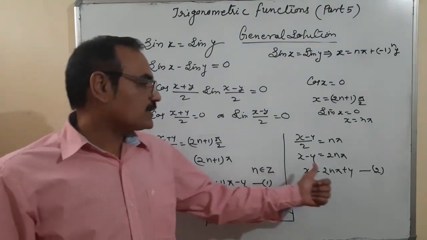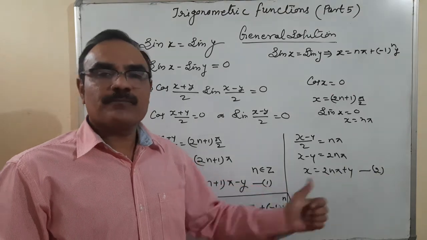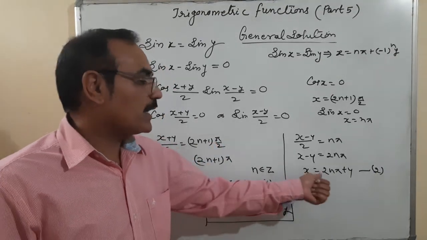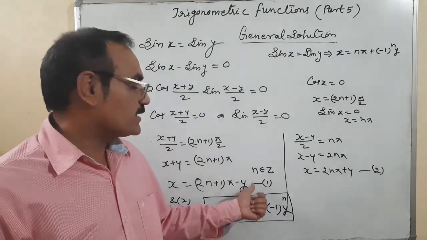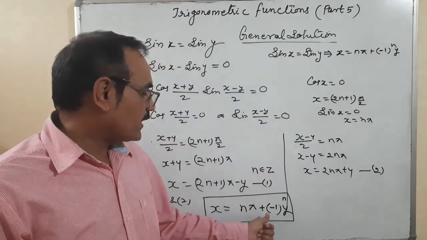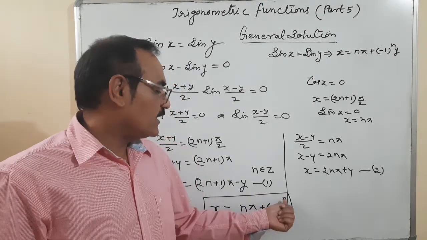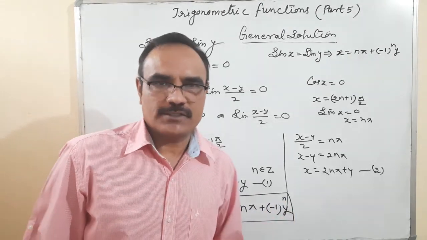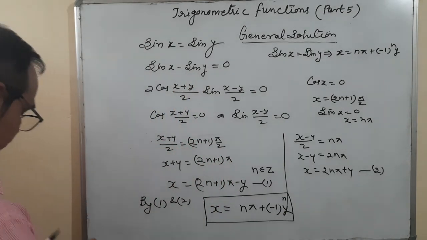So in the combination of equations 1 and 2, the first term will become the set of integers with pi, and the second term, because we are going to determine whether y is negative with odd n and y is positive with even n, we can write here minus 1 to the power n into y. So when n is odd, it is automatically negative. When n is even, it is positive. Clear? So that is the first term.